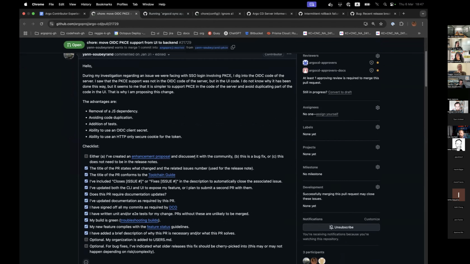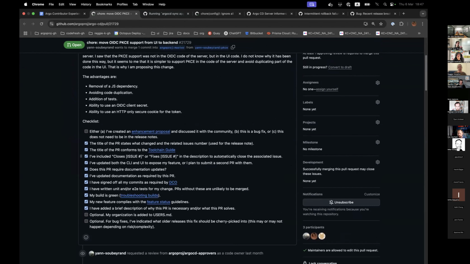One in the Go code of the server, and one in the UI specifically for the Pixie support. And I don't know what is the original reason for this, but I think that having just one code path in the server brings some benefits.